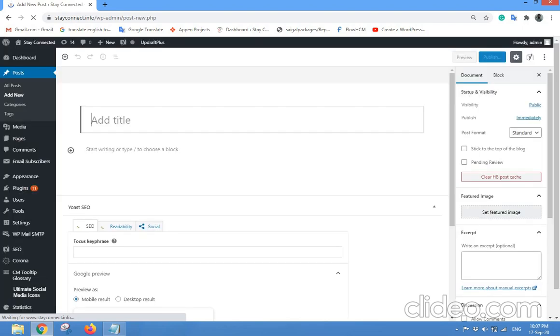Now click to create a new post to see the results of inserting the code in the theme files.